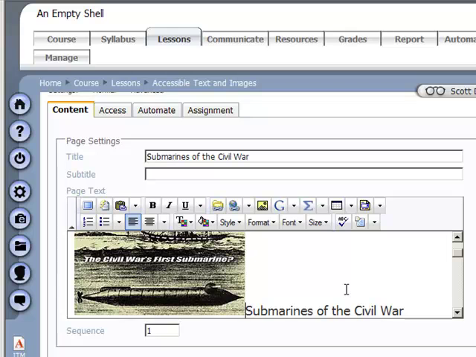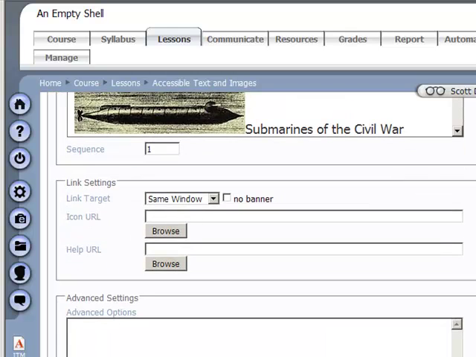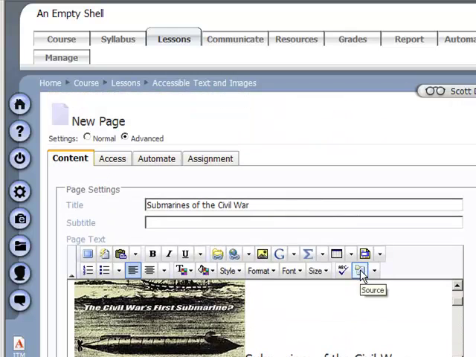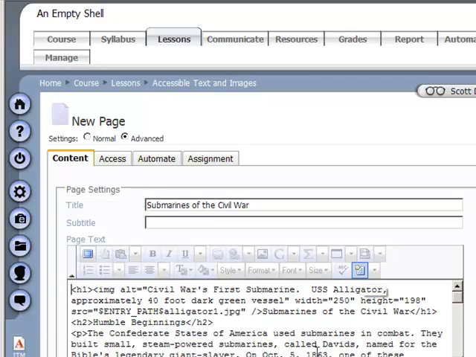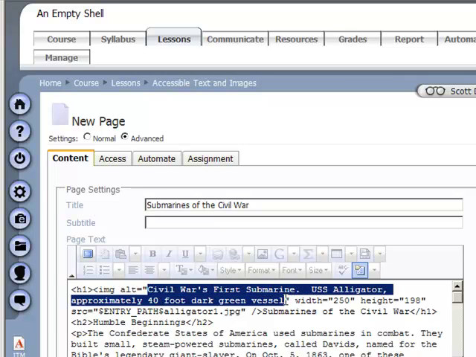And I might just be done here, or I might want to take a peek again at the source code and see what I have there. And I can see that within this heading I have an image, and there's some alt text, and the text is here, Civil War's First Submarine. So this is what's going to be read aloud to the person